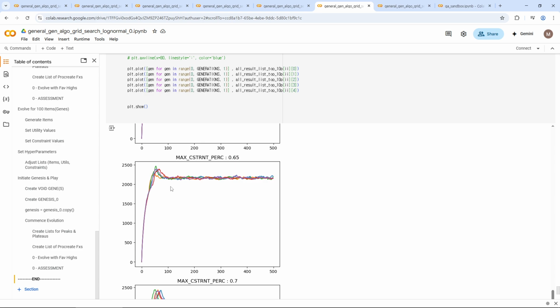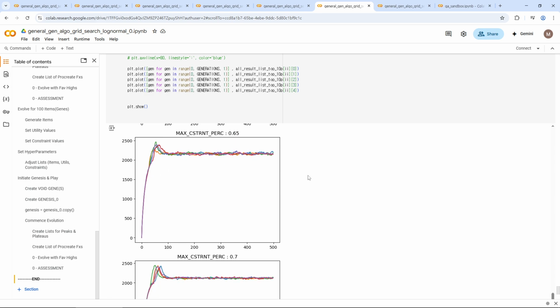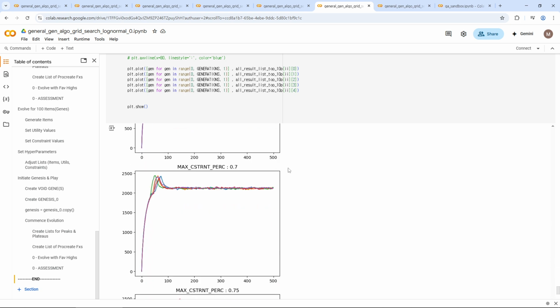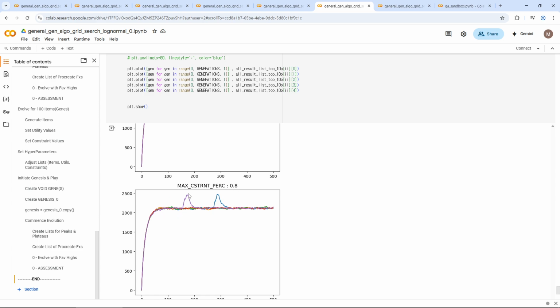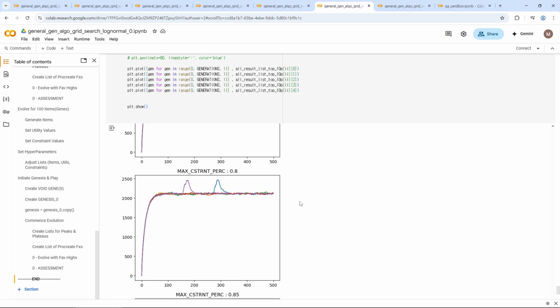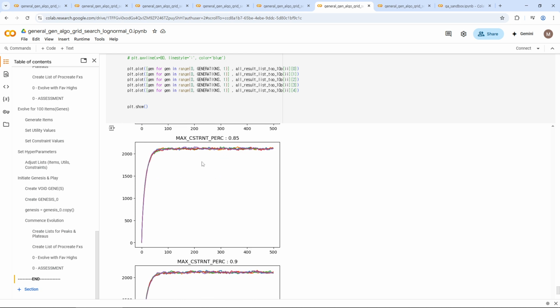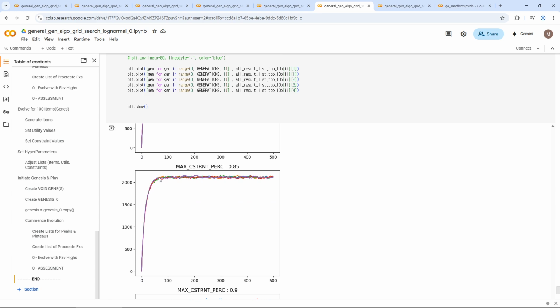At 65%, there was a peak, and then we have a plateau. We have plateaus for each iteration. At 70%, same thing. The average is peaking at around slightly below 2,500. At 75%, again 2,500, and then we plateau at around 2,100. At 80%, we do peak, but we still plateau. At 85%, no peak whatsoever, and the plateaus are all around 2,100,